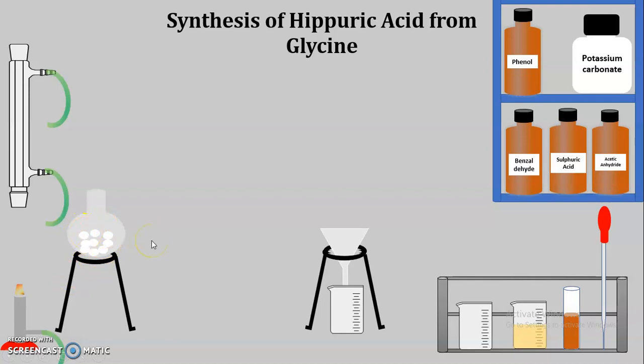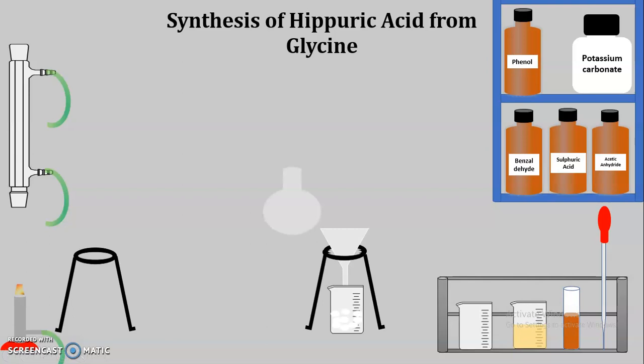carbon tetrachloride. Now we will start heating. As soon as the solvent becomes hot, whatever solid contents are present in the RBF will get solubilized, and when this solution is hot, we are going to carry out the filtration as such, so that the hippuric acid will be filtered and transferred to this particular beaker, and when the solution becomes cool, it will again get precipitated.